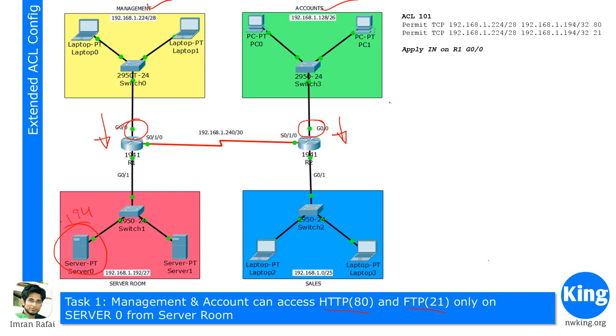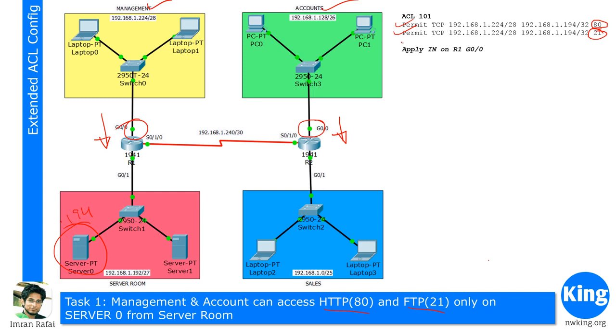194/32. That means we're talking only about this server 0. /32 is nothing but a host, and we're telling the destination port number 80, we're permitting. That means we're permitting HTTP traffic. Then with the same command, we're telling it to permit port 21, which is FTP traffic. And then what happens, because we don't give anything else, at the bottom there is an implicit deny any, which